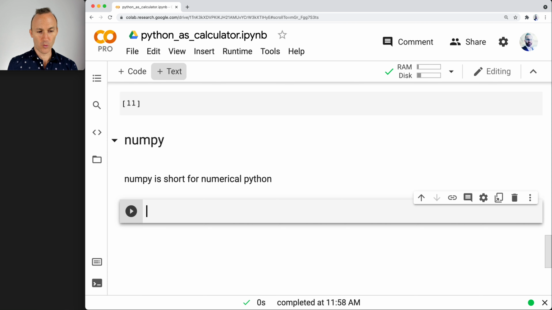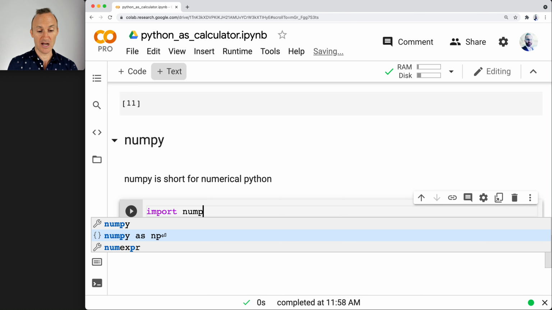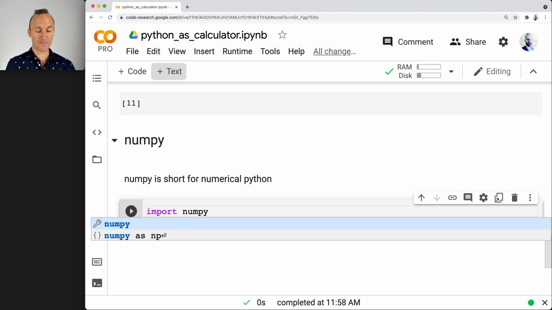So what do you do with Numpy? Well, because it's a library, first you need to import it. So go ahead and import Numpy, and then look at this. An option is presented as NP. That is a universal shortcut in Python. So instead of having to write out NUMPY every time you want to invoke the library, you can write NP